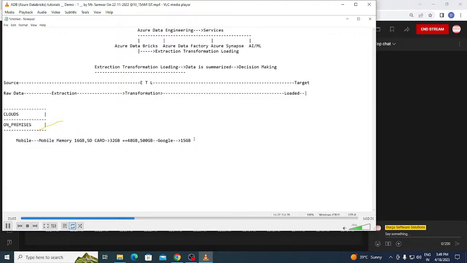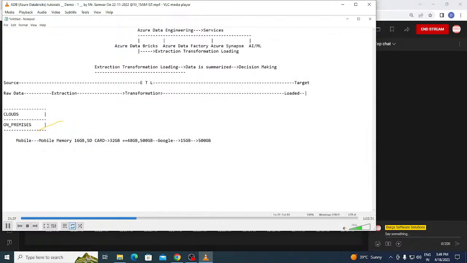External hard disk, that is fine. But I want the data. Okay, no problem. One more way is that you can ask Google to increase the size. That means from 15 GB, I want 500 GB.